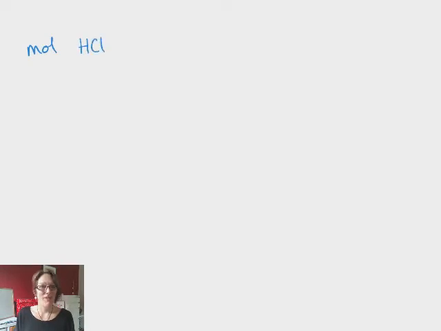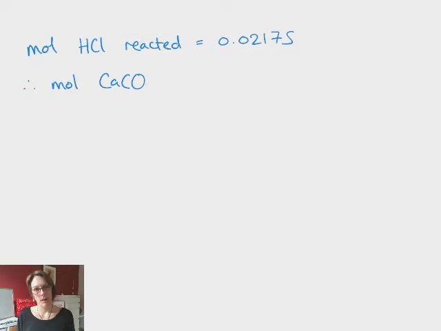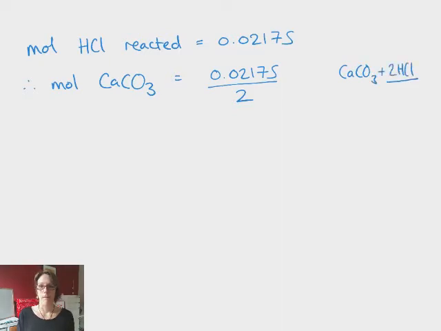So moles of HCl, we had that from the last page. How much reacted was 0.02175 moles. And so moles of calcium carbonate, remember the balanced equation, it was 2 moles of acid for every 1 mole of calcium carbonate. So if I want moles of calcium carbonate, I divide my acid by 2 because of this part of the balanced equation here. So moles of calcium carbonate in that original sample that we popped into that beaker of acid is going to be